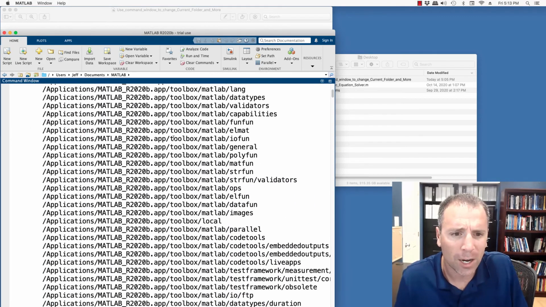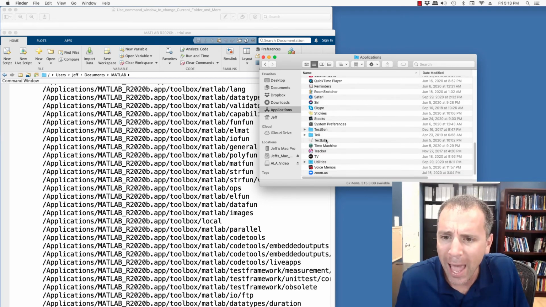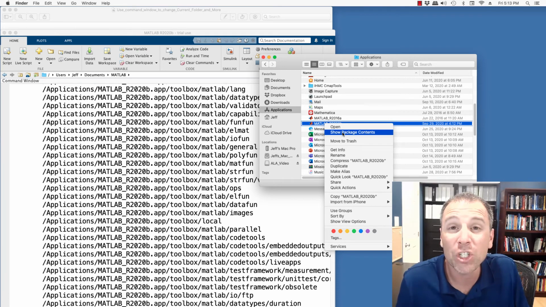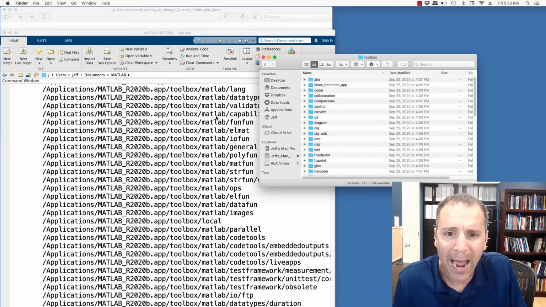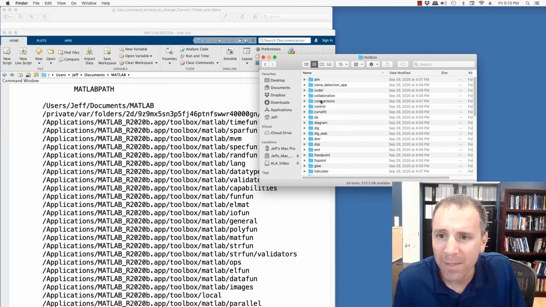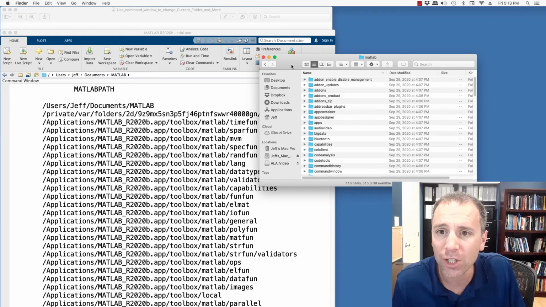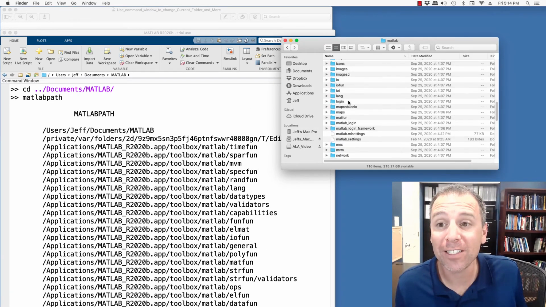So check this out. MATLAB is telling me if I want to find this information, I can actually go to Applications, and then I can go down to MATLAB 2020b. In this case, I'm going to type Show Package Contents. It's usually hidden. Once I do that, it's going to say go into toolbox. So here's the toolbox. And then matlab. This is a folder, so these are all different places that my librarian is going to search. I am now inside a folder that has a ton of MATLAB functions that I can call.